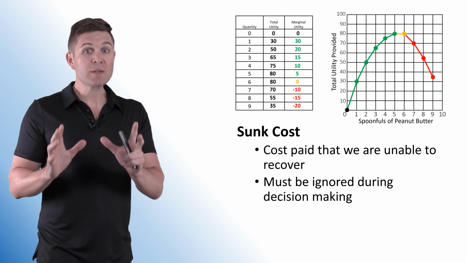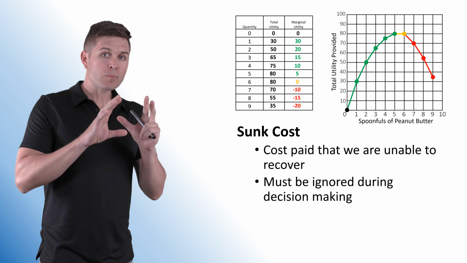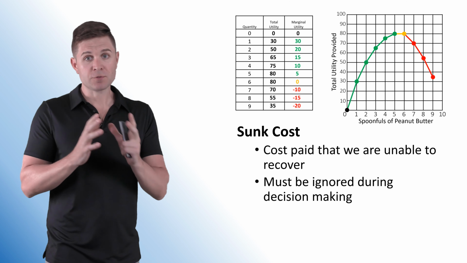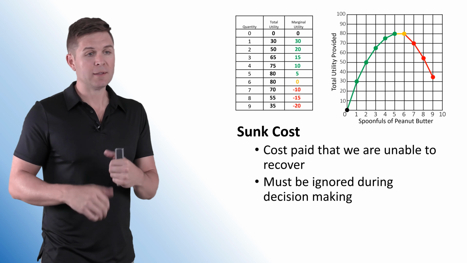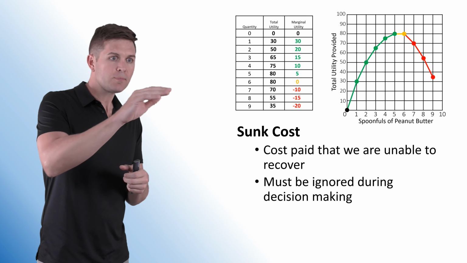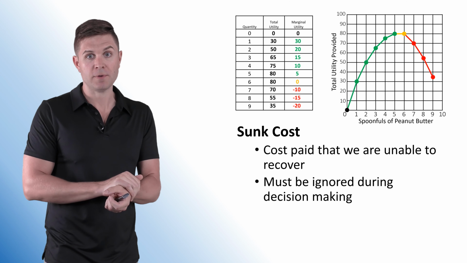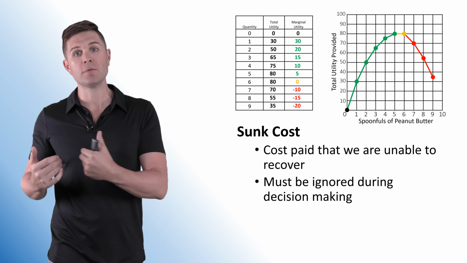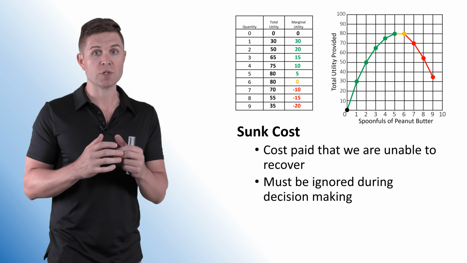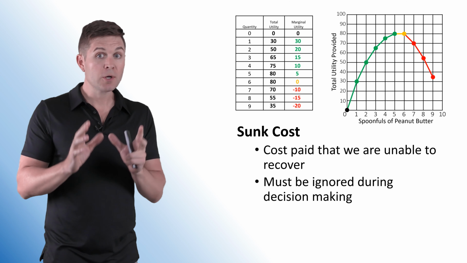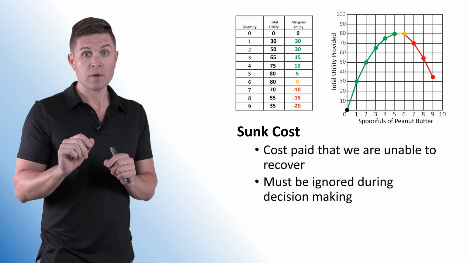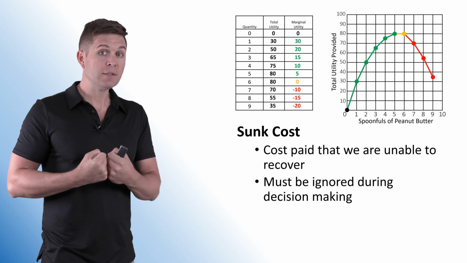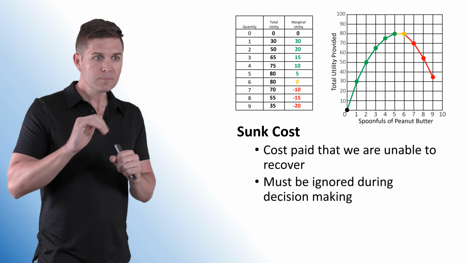So let's just emphasize one more time that we have to look at the extra costs and the extra benefits. There was no extra benefit for me on that last one. However, I'm still at 45 units of satisfaction. I am better off than when I started with this jar of peanut butter. I could have been better off if I would have stopped at 6 units. If I would have taken 6 bites and left it at that, I would have had 80